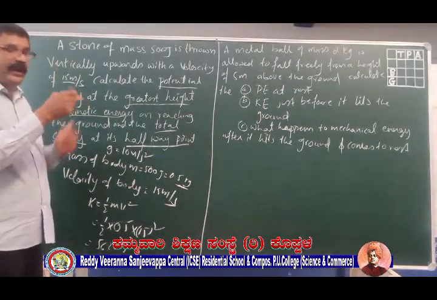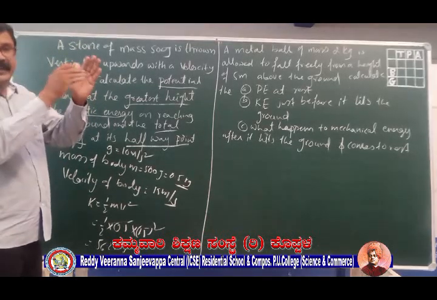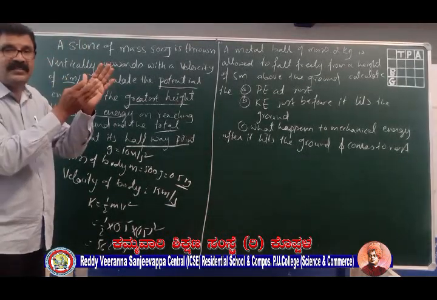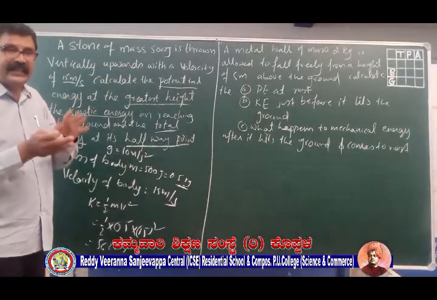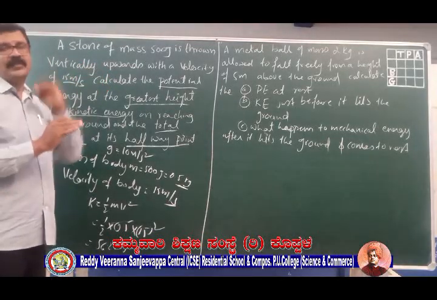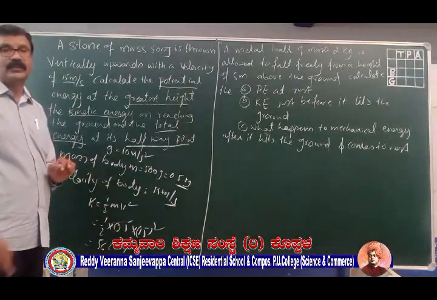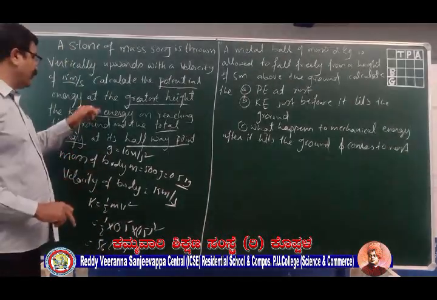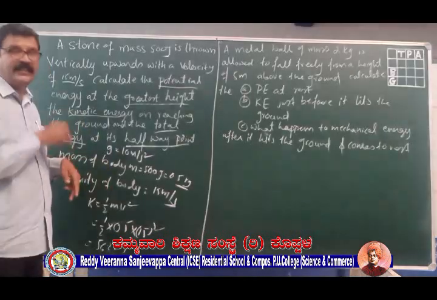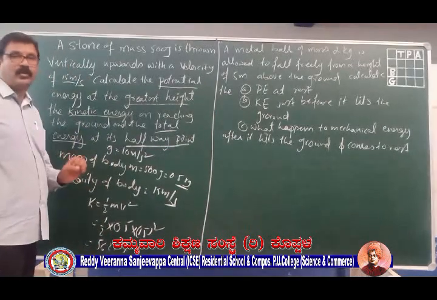At the halfway point, half of the potential energy will be converted to kinetic energy, while the remaining half will be potential energy. Therefore, the total energy will be once again 56.25 joules. And the answer to the first question, the kinetic energy just before reaching the ground, will also be 56.25 joules.